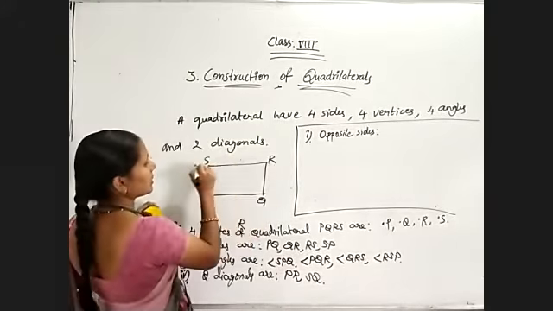So like that, remember opposite sides and adjacent sides, opposite angles and adjacent angles. In case of opposite, we will get only 2 pairs. In case of adjacent, we will get 4 pairs, either sides or angles. Now, this is about the quadrilateral. A quadrilateral is a polygon made up of 4 sides. It has 4 sides, 4 angles, 4 vertices and 2 diagonals. We have also studied how to name opposite angles, opposite sides, adjacent angles and adjacent sides.